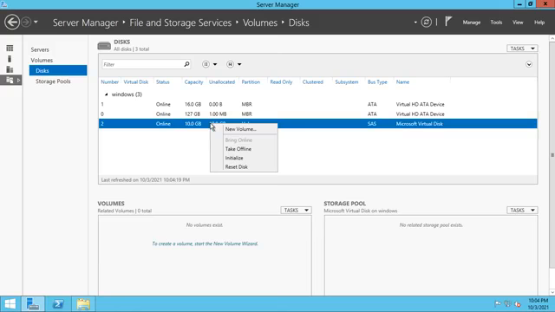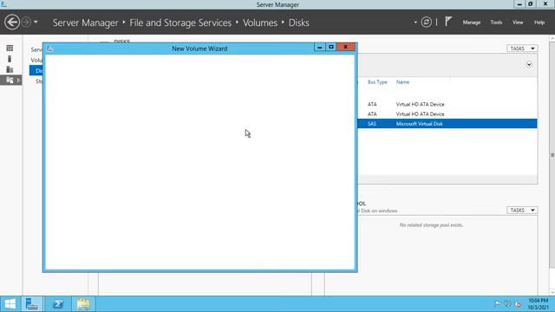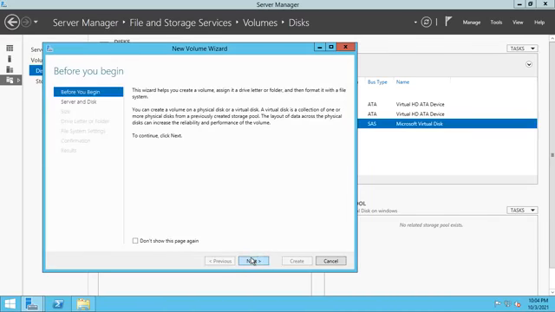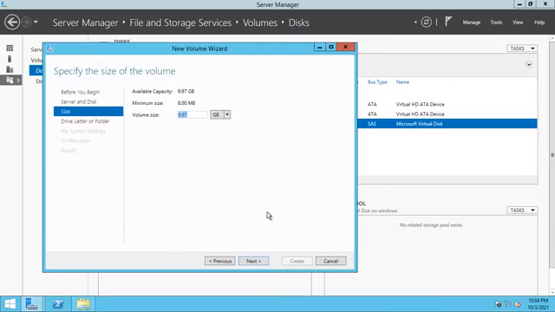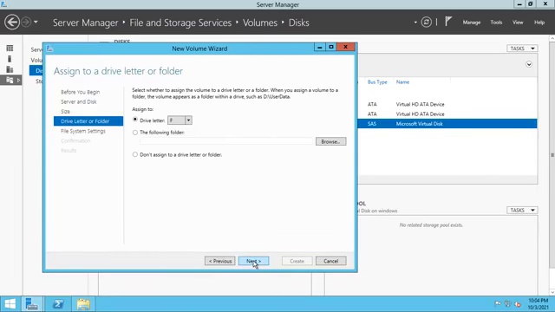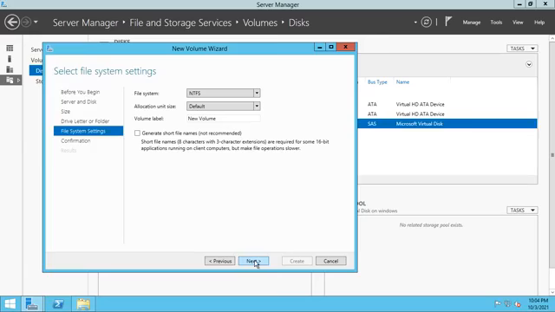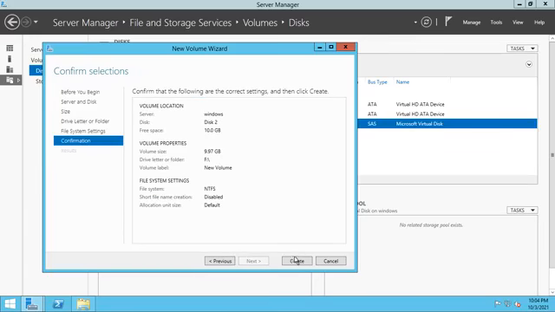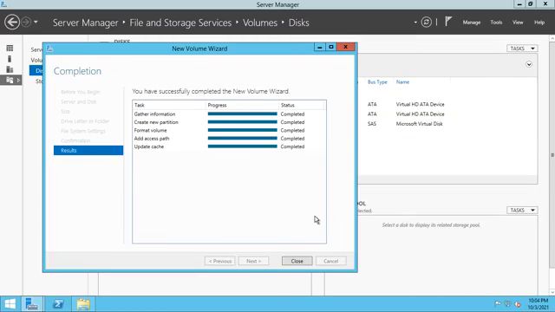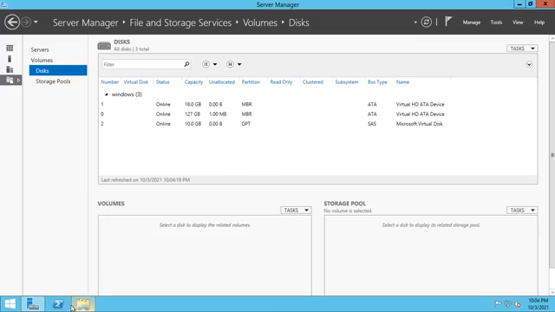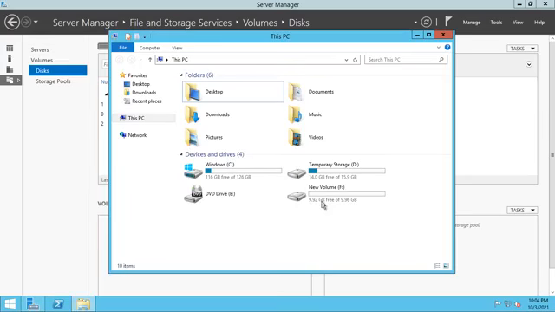If you want to allocate it, you create a new volume. So see that side, now two volumes are there.